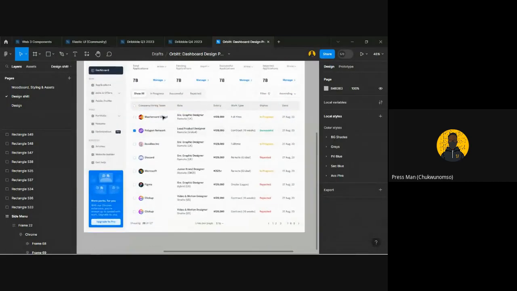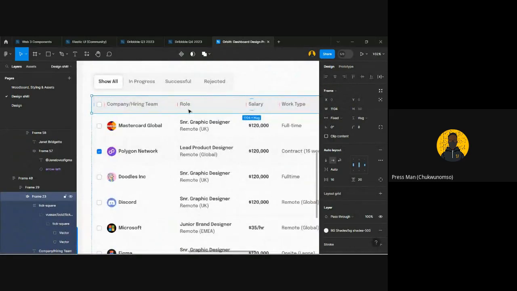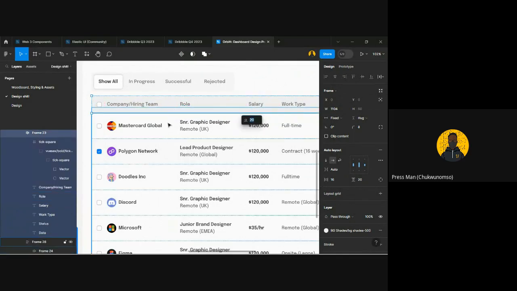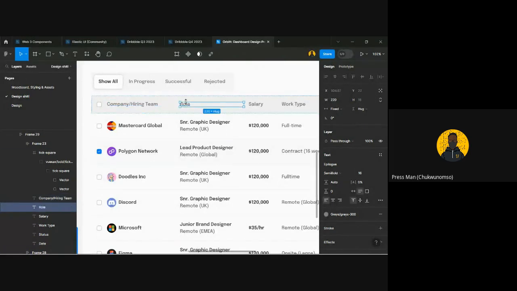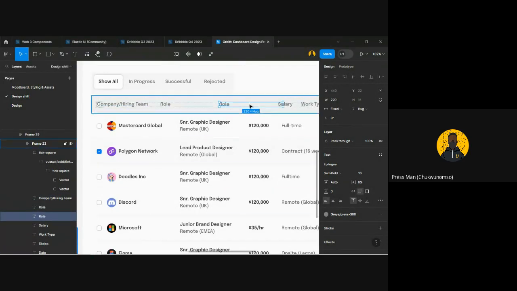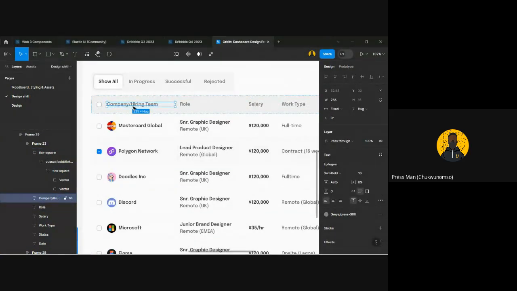This is the header or the title, and each of these elements here is an auto layout. It's very important. When you're designing tables, you need to have them in auto layout, so when you add new things, they just fall in place. For instance, if I copy this, Control C, Control V, it messes up the entire thing because this frame cannot occupy more content. But if it was the vertical table, it would align better, and I would just duplicate it at the bottom. But essentially, I created all these elements,